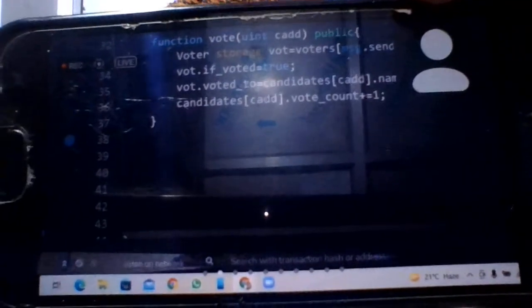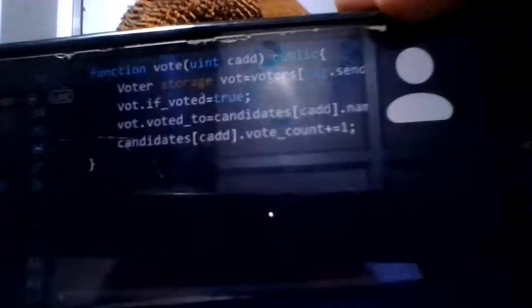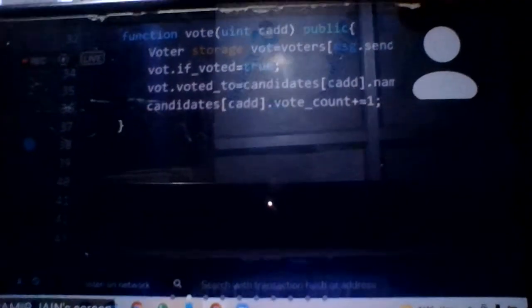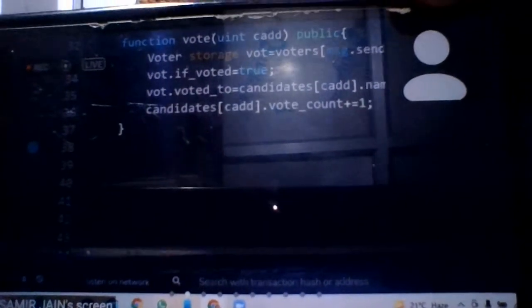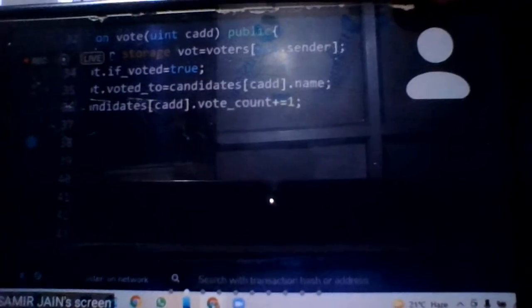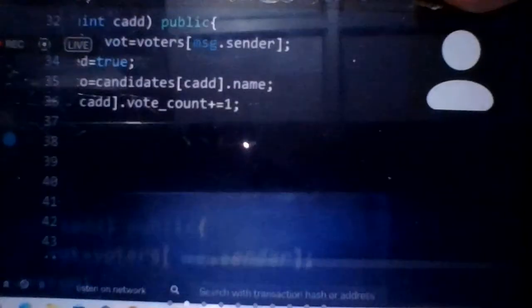If he is the voter, then the condition should be true. Otherwise, if he is not the voter, we have to say that only voters can perform this job, and then we have to terminate.